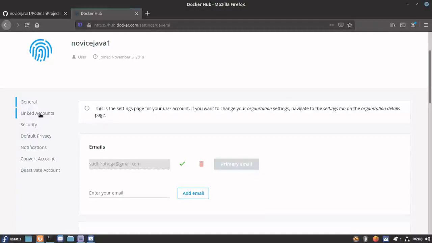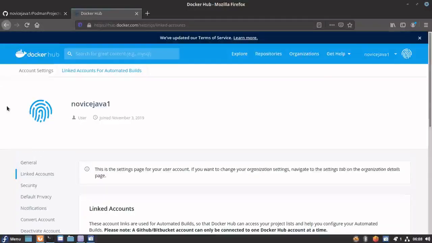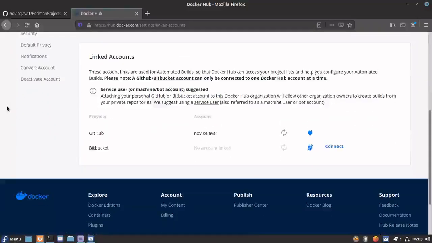Here, you can go into linked accounts. Linked accounts show that we can link Docker Hub with GitHub and Bitbucket. Right now, I have already integrated it with GitHub. When you do the integration, you need to click on connect, which will be active here before integration.